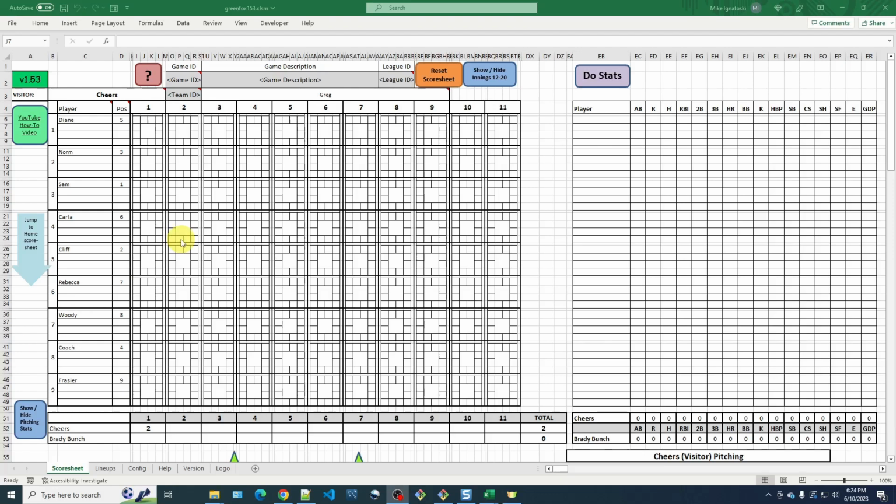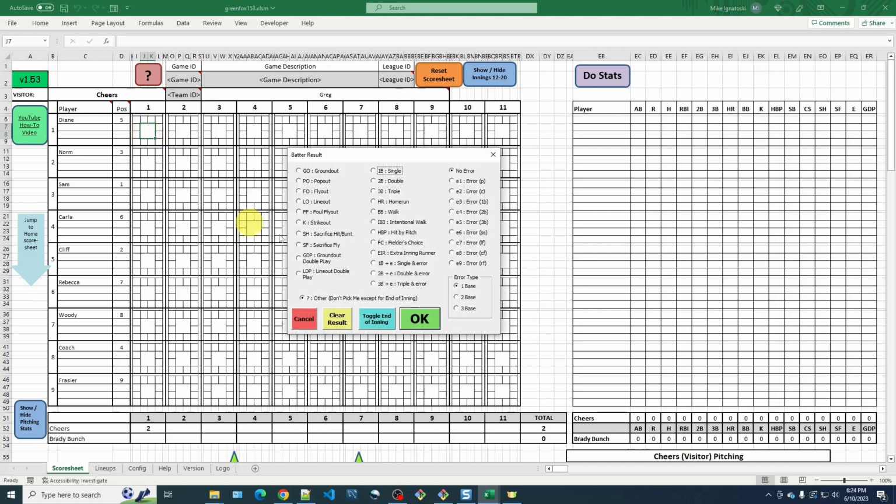Okay, now we're ready to start playing the game. Lineups are in, and Diane Chambers leads off. Throughout this demonstration on the score sheet, I'm using this yellow mouse cursor halo effect, which is not part of the spreadsheet, but just to add in for Windows to make it easier to follow the mouse cursor for the video. So I'm going to click in the center square up here in the first inning for Diane Chambers, and